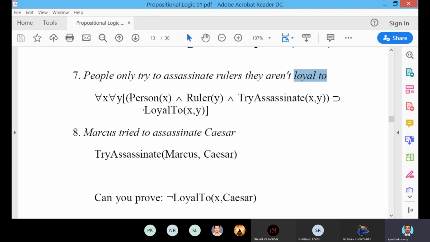Here you can see person, that is people, within bracket x. So x is a reference variable of the predicate people, and ruler y, that is y is the reference variable for the predicate ruler.